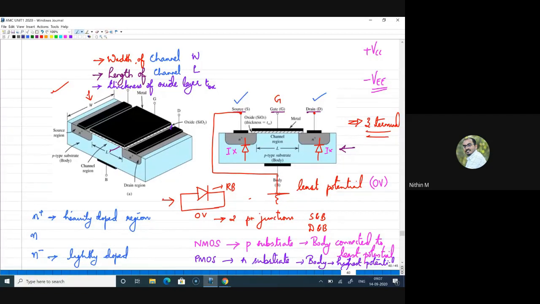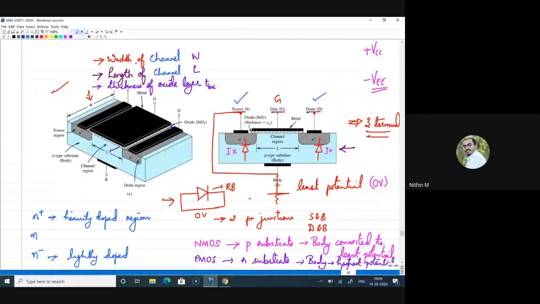By the creation of those regions, there will be two junctions formed in the device. But normally, for all the operation, those junctions should be reverse biased, or those junctions should not conduct any current. So for that reason, we look at the potential of the body to which it can be connected and keep the junctions reverse biased. For an NMOS device, the substrate will be P. The name NMOS comes from the channel that we'll see very shortly. After channel formation, we will identify whether the device is N MOSFET or P MOSFET.